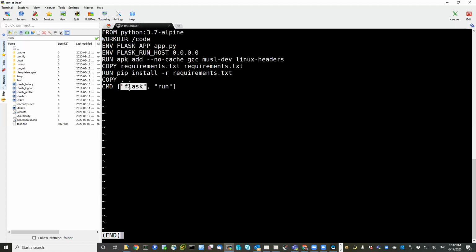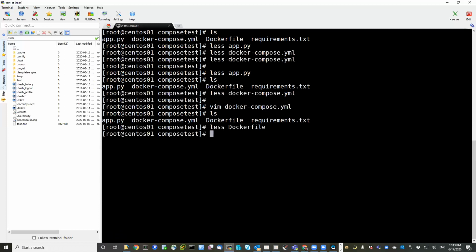We're going to tell it we want to run the Flask command, and we're going to give it run. And then Flask knows to look in these environment variables for configuration. So this build will run, and then I wanted to mention